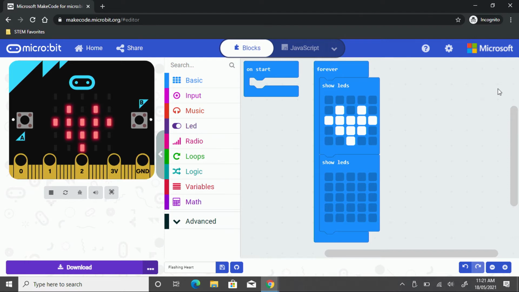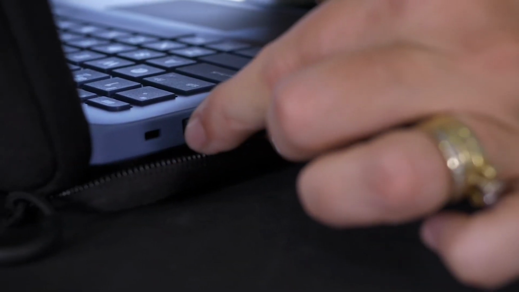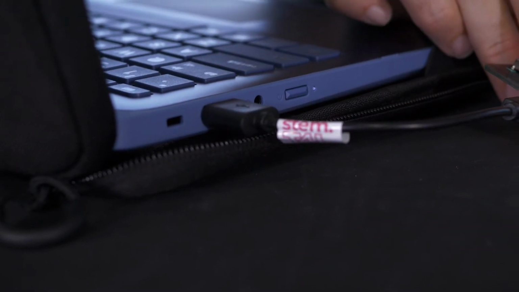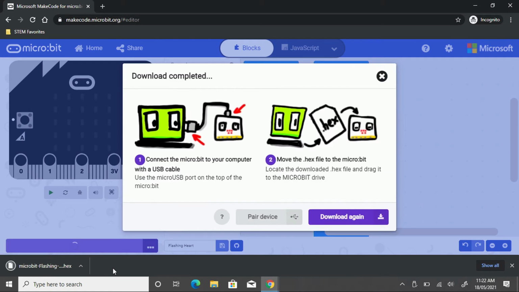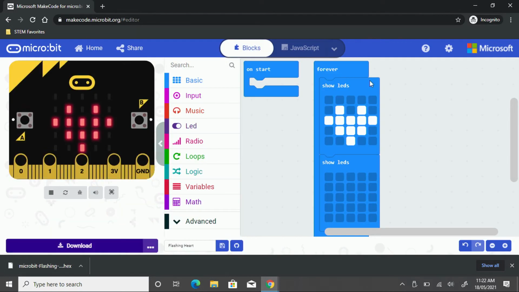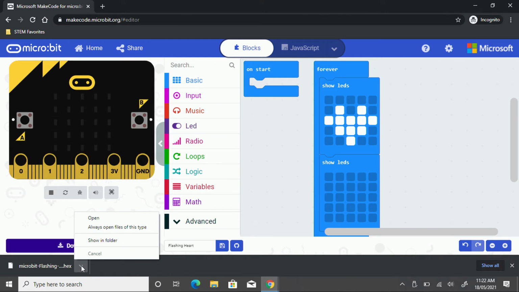To download the product of your coding onto the Microbit, I have plugged the Microbit using the USB cord into the computer, and I'm going to click Download. Now there is an option to pair the device, but today I'm going to show you how to use the hex file and to save it onto the Microbit the same way as you would save onto a USB. So if I click the arrow and I click Show in Folder,